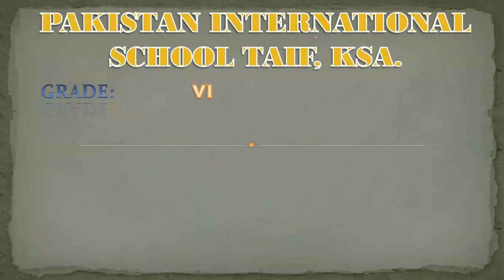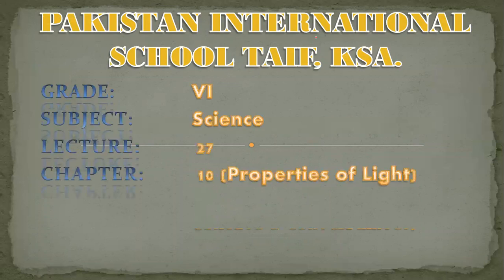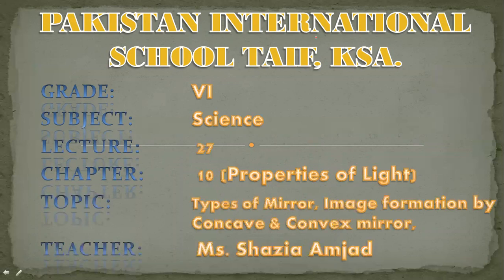Dear students, once again, welcome to Pakistan International School Types grade 6 class for subject science. In today's lecture, we will continue chapter number 10, about properties of light. We have seen lots of things about properties of light, with the main focus on reflection in this chapter, where we have seen plane mirrors, their reflection, image formation, and ray diagrams, as well as some devices and instruments where we use reflection